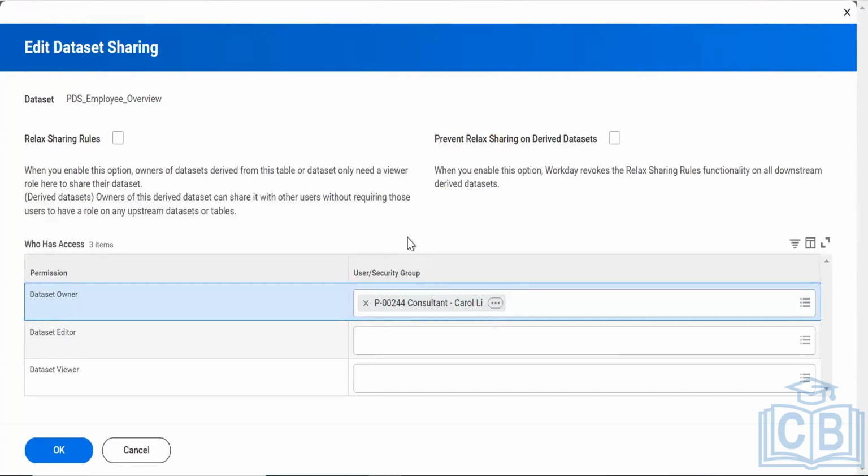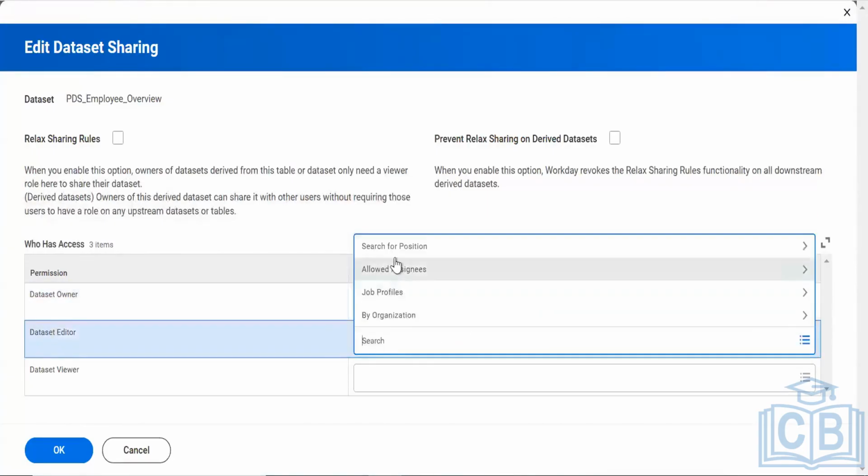I can decide if I want to give access to the accountant position or to an individual person. I can also give editor access. I made Carol Lee owner, but I can make someone else the editor, or the viewer.